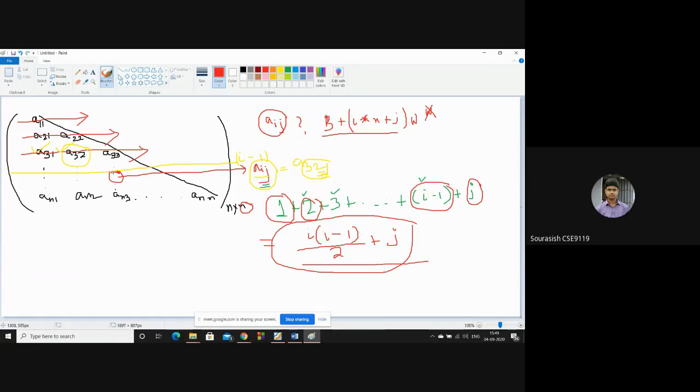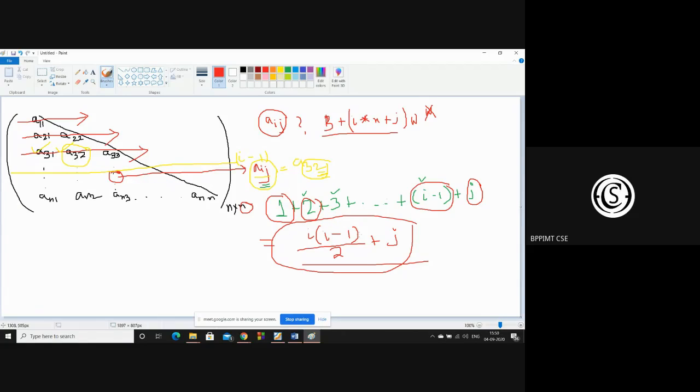So your question is to find out the address of an element at ij, that is, at position ij, row number I and column number j. For a lower triangular matrix in column measure order. Find out the address of element at position ij in a lower triangular matrix for column measure order. Yes, sir. Next question.